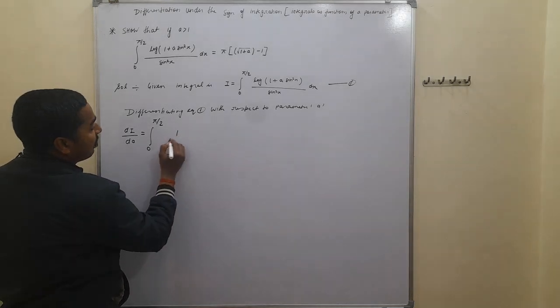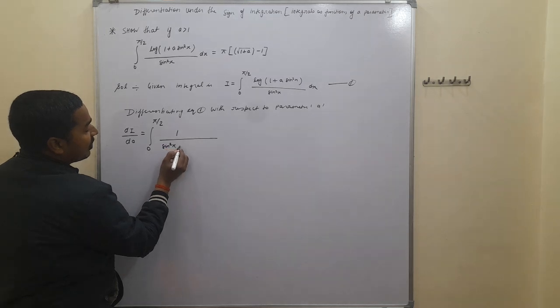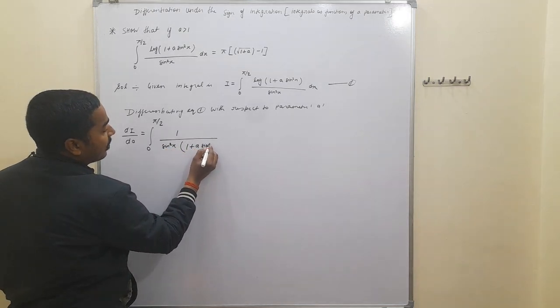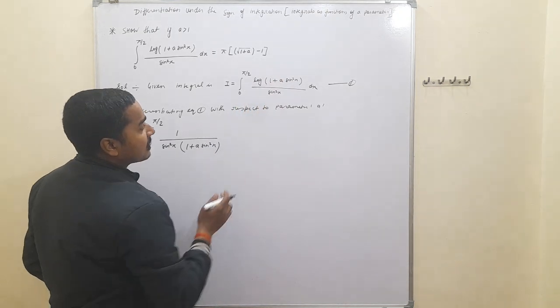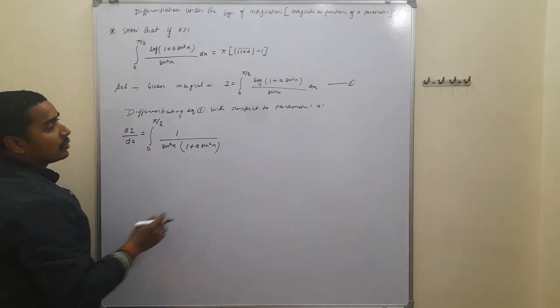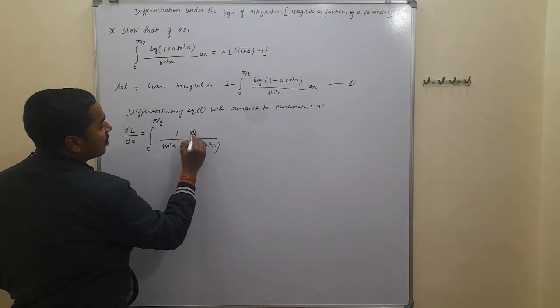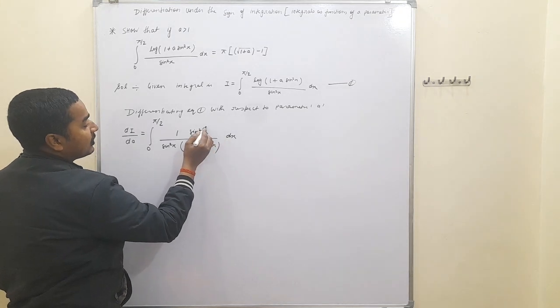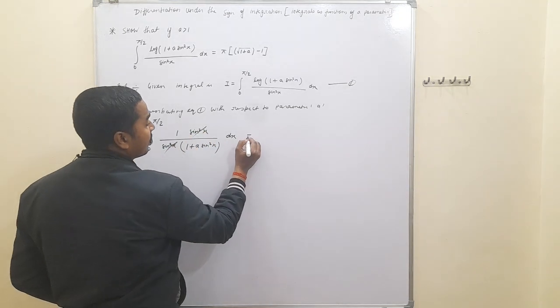This is given by 1 upon sine square x, which is already present in the denominator, times 1 upon (1 plus a sine square x), and differentiating 1 plus a sine square x with respect to a gives sine square x, and from here this is dx. Sine square x cancels out, and the remaining is